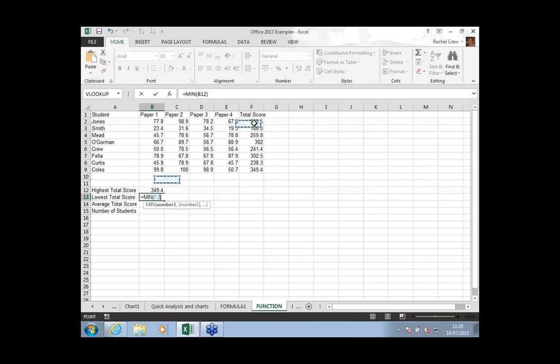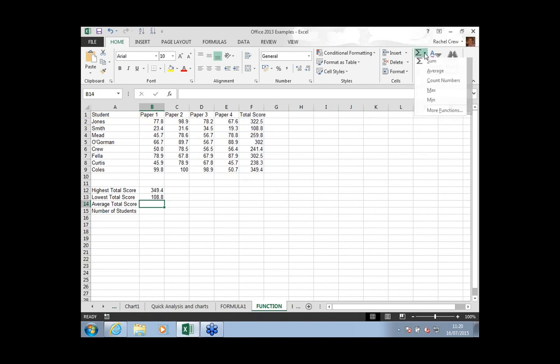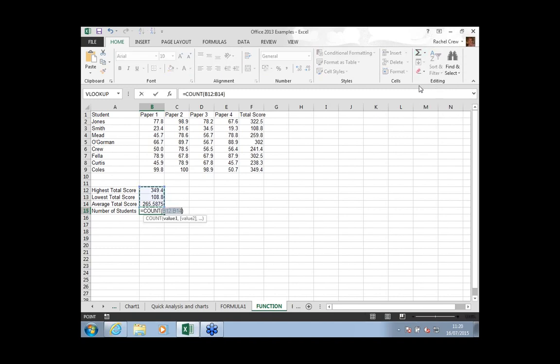And if max is highest, I can then choose min to work out the lowest of the total scores. And then the average of the total scores. So very quick to work out. And then I also want to count up the people's names. So if I count and highlight the names,